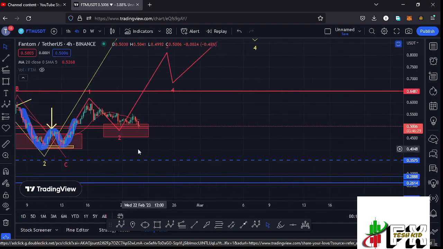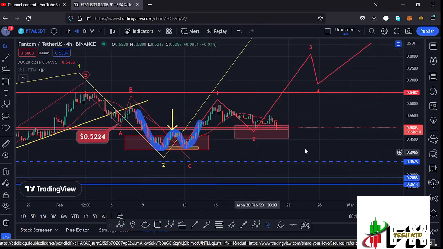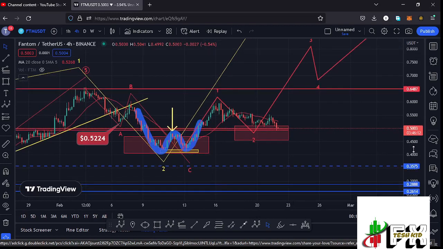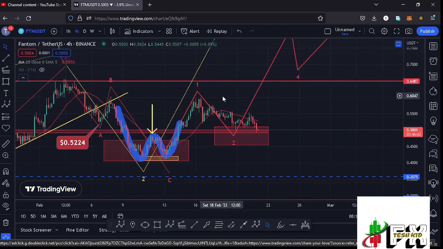you can see that after making our low in the formation of that wave 2 at around the $0.414 mark, we started this massive bounce to the upside, obeying the Elliot wave structures, where you can see that I have this Elliot wave structure in red, having that as the first wave to the upside, making its peak at around the $0.6 mark. And after seeing the high for that wave 1, whatever we expect here on the short term scenarios